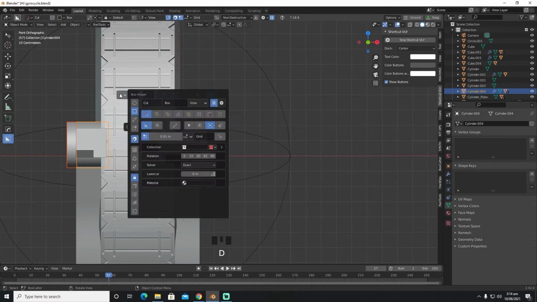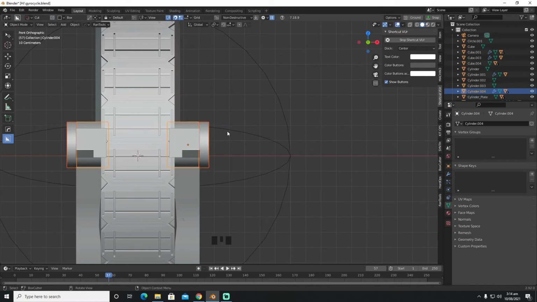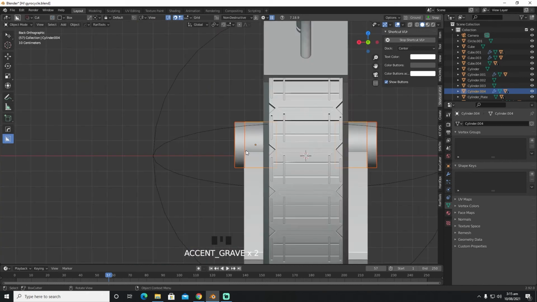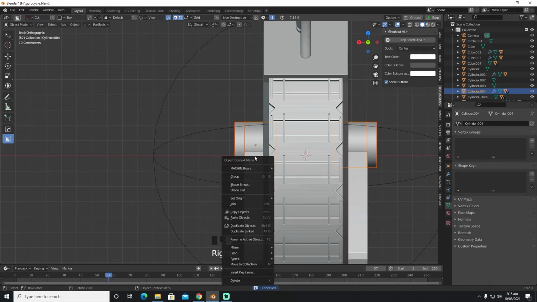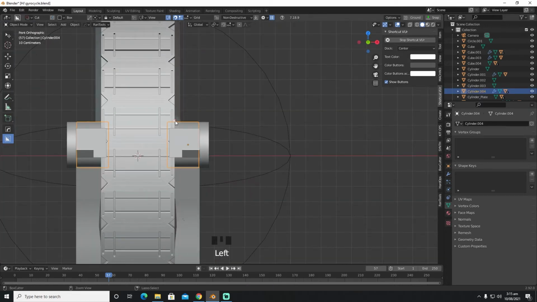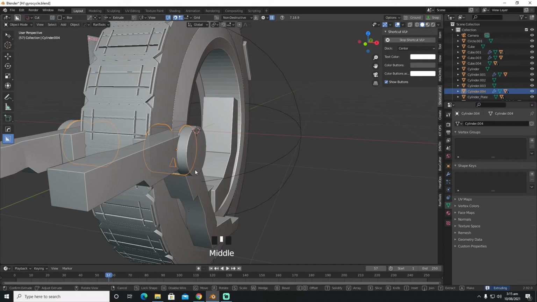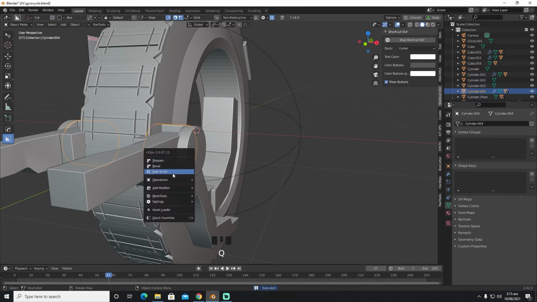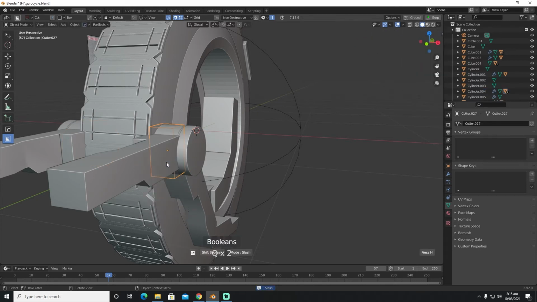and the next thing we're gonna do is, let's see, from the back we are going to, no, let's go to the front view, and we are going to make a cut to right about here, and we're gonna press Q, we're gonna go into every scroll, and we're gonna shift bool this,